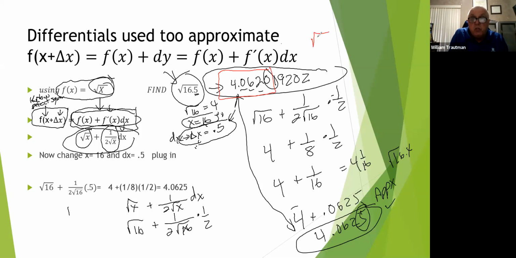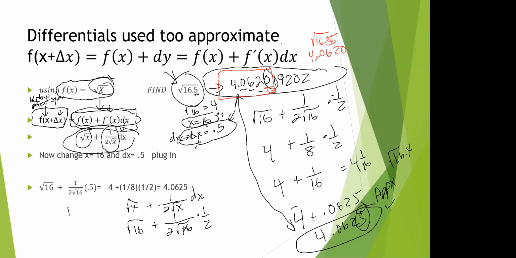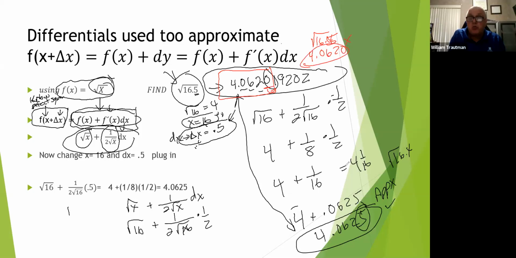People see the square root of 16.5 and they put it in their calculator and they put 4.0620, because the answers are in 4, it says round to 4 decimal places. And they put this down and it's going to be marked wrong, because the correct answer using differentials, it's going to say find the square root of 16.5 using differentials. The correct answer is this,